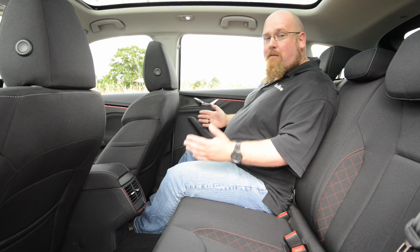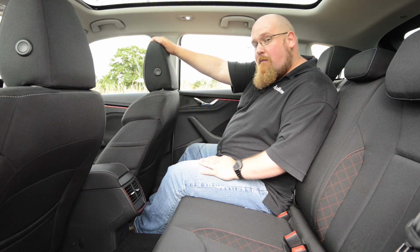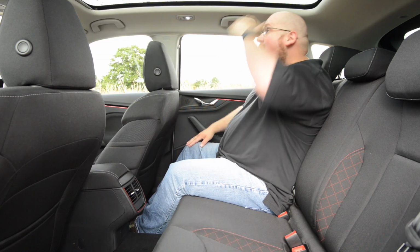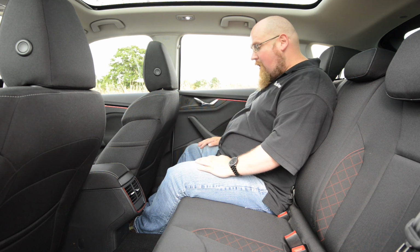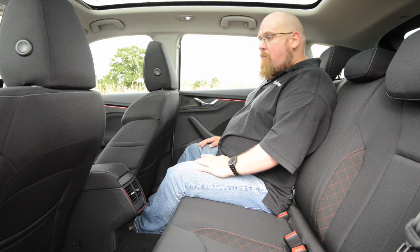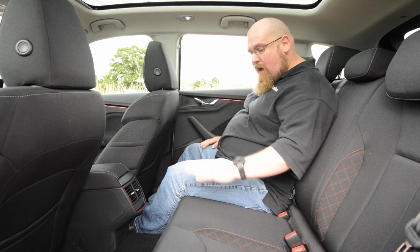Sat in the back of the Skoda Scala, you finally get to see the car's unique selling points start to unveil themselves. So that driver's seat is set to my driving position. I'm 5'7" tall and 5'7" wide, and as you can see, I've got a huge amount of knee room, and headroom is really good as well. I've actually had a passenger who's 6'3" sat behind me in the Scala, and they had no complaints regarding rear passenger space. But I would say consider the Scala as more of a 4-seater than a 5-seater, because this centre